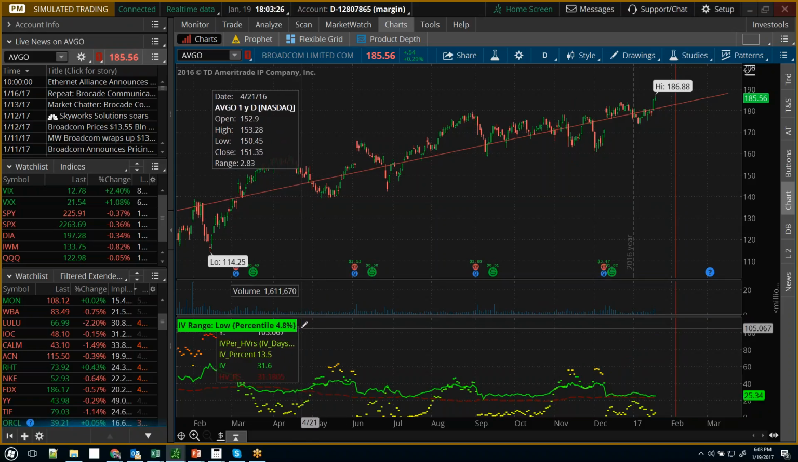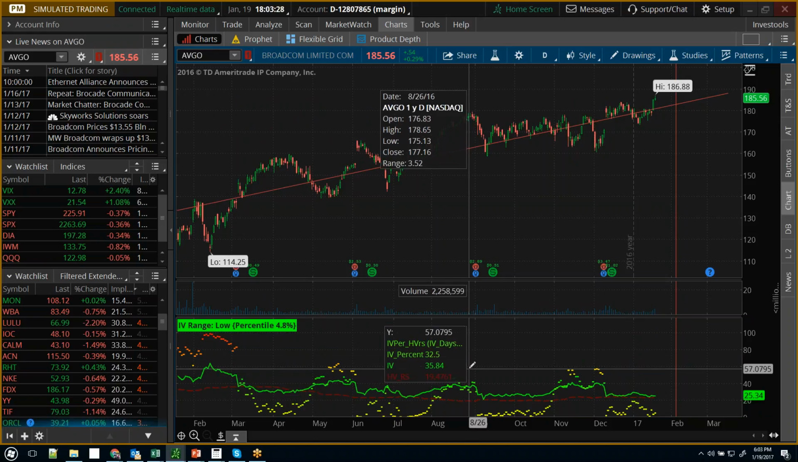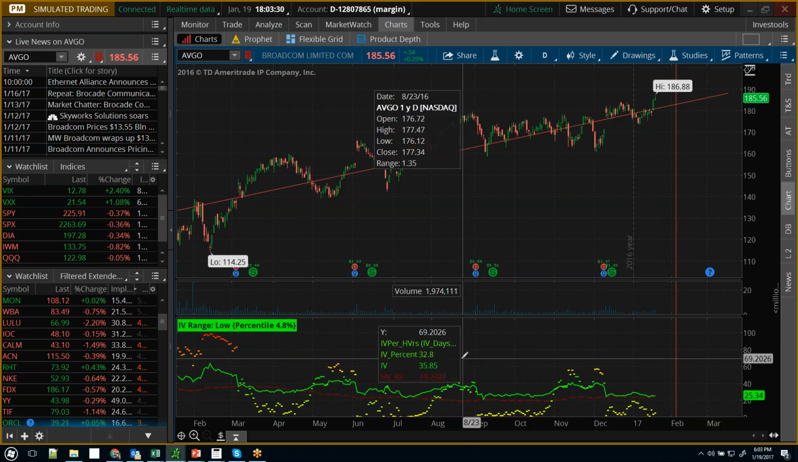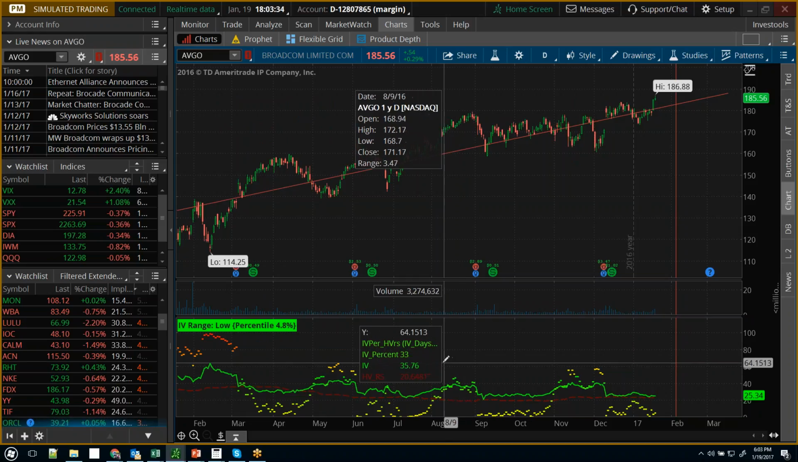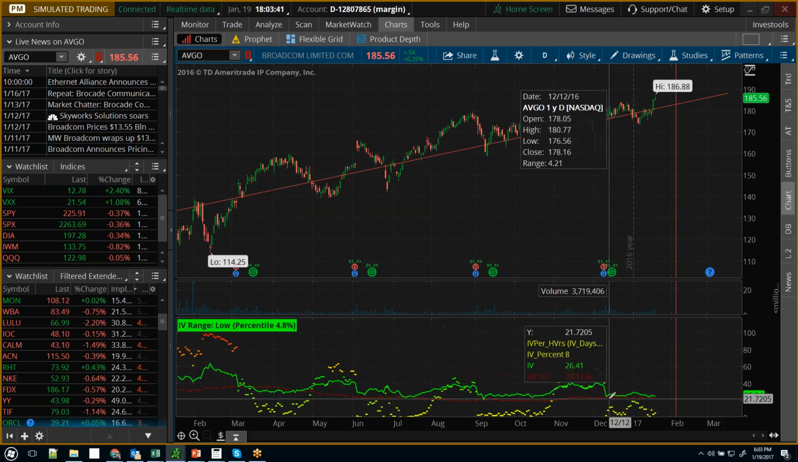Now what that means is that over the last 400 trading days, if I took a sample of implied volatility every one of those trading days, there was only 4.8% of those days that had an implied volatility any lower than what it is right now. When I'm this low,